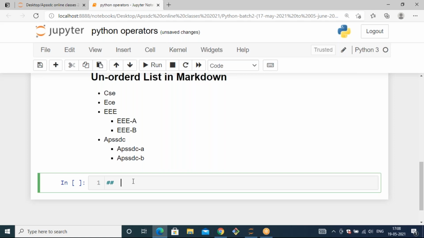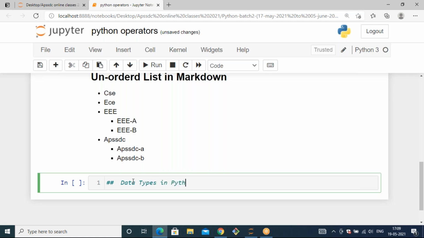We have already seen some properties of Python, right? Python supports dynamic typing and also polymorphism and inbuilt data types. It supports so many properties. We have already seen all the properties yesterday. So let's implement one by one, continuing the session by starting with Python basics. First of all, you need to know what the basic data types in Python are. So let's make a heading like Data Types in Python.